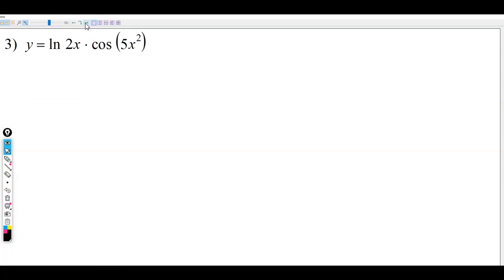Let's go on to an example for number 3. Now example 3 has a couple things going on in it. It has natural log, it has chain rule, but most importantly what I want you to notice is it has a product. We have two functions that are being multiplied together. When I taught this, I think I called one A and I called one B. And so when you take the derivative, the product rule works like this,